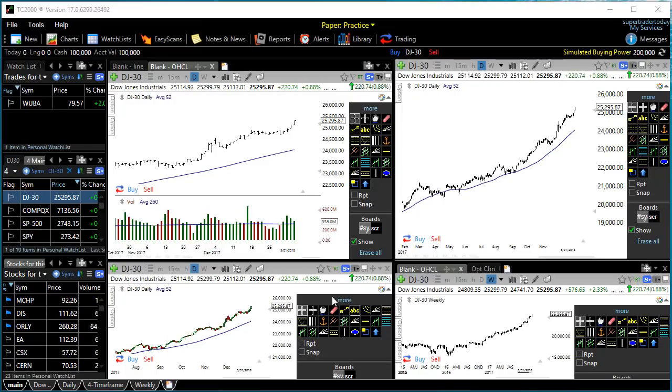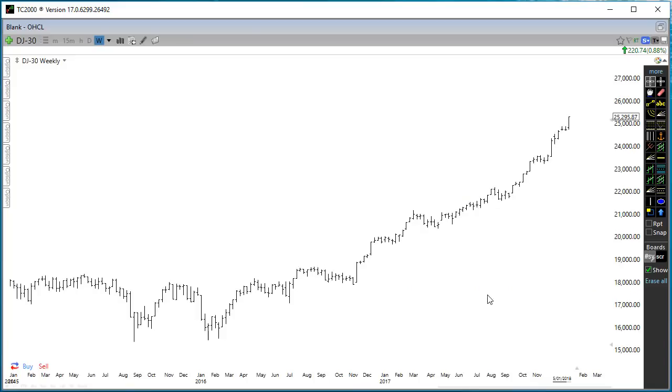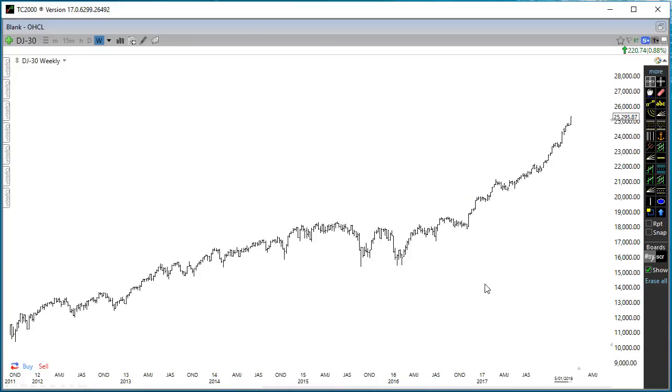Alrighty, traders. So let's actually get straight into today's market update. What's going on with the markets and what's going on with silver and gold? Let me have a quick look at the actual Dow Jones itself, and also silver and gold as well. Now, if you have a look at the Dow Jones on this weekly chart,